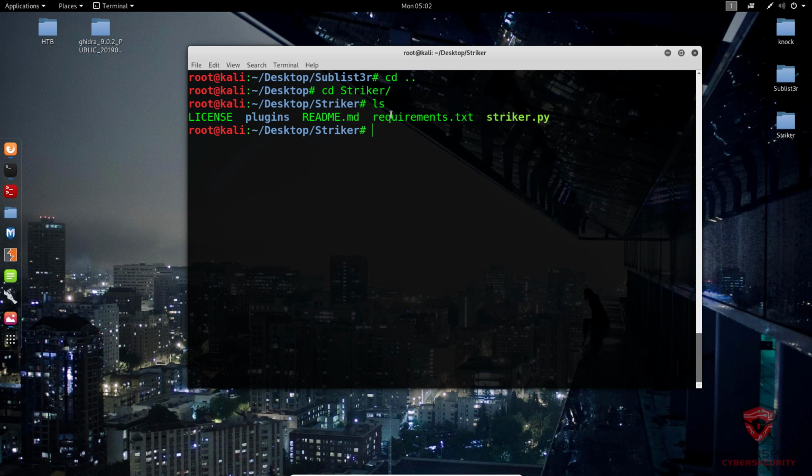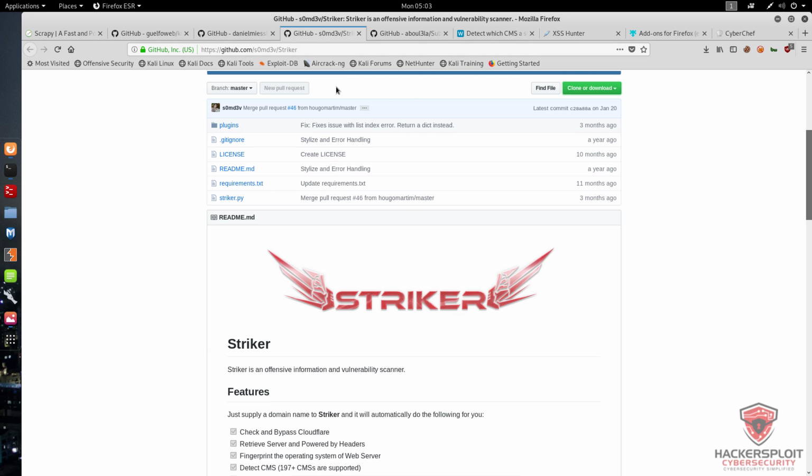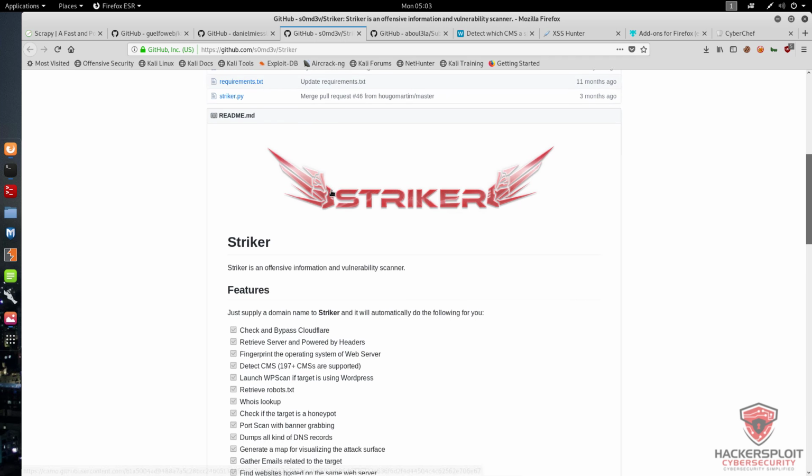Sorry, Striker, and we'll launch up Striker here. Make sure you install the requirements. And we'll open up the GitHub repository right over here so you can essentially take a look at what this tool is used for. Alright, so Striker is an offensive information and vulnerability scanner that allows you to check and